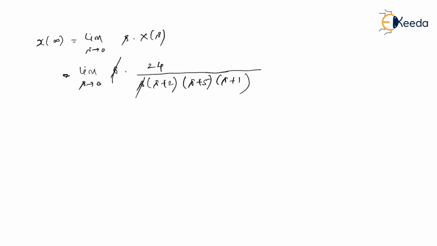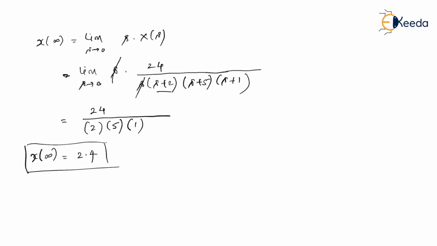So this s and s get cancelled. So now wherever you find s, just replace it with 0. You'll get 24 whole divided by, this will remain 2, this is 5, this is 1. So it comes out to be 2.4 as X of infinity. That's it. Then this X of infinity is referred to as what? Final value,